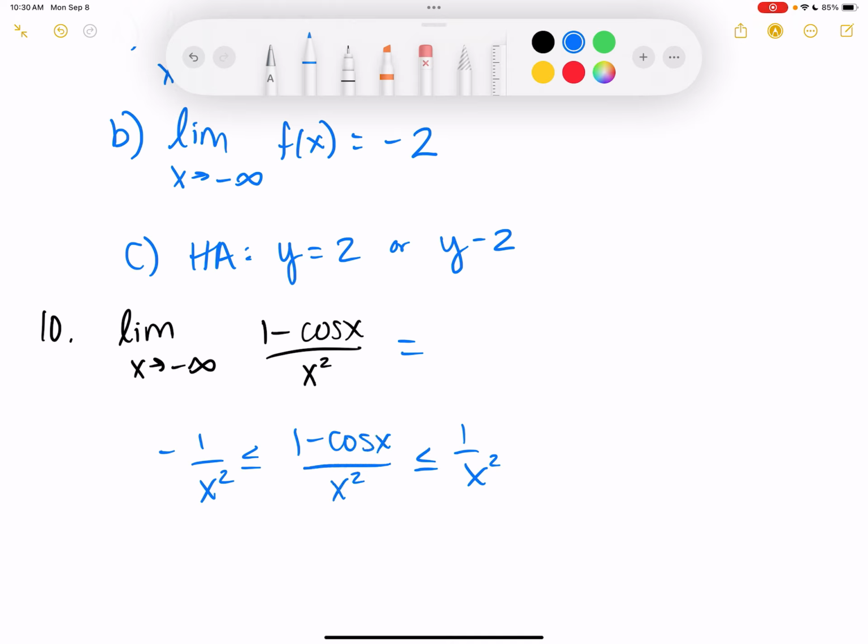So 1 over a really big number is approximately what? Like 1 over 500 is approximately what? 0. So that's approximately 0. And obviously that was the negative version. The positive version is still going to be basically 0. And so I know that this limit has to be between here. So then by the sandwich theorem,